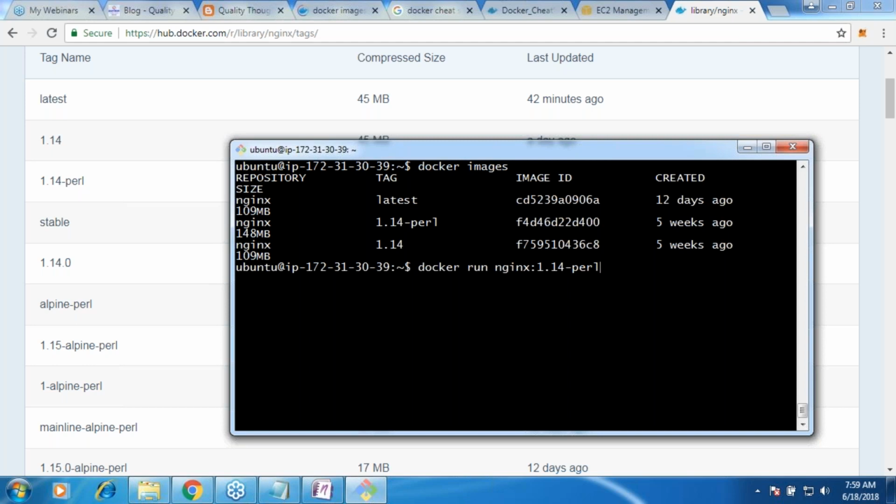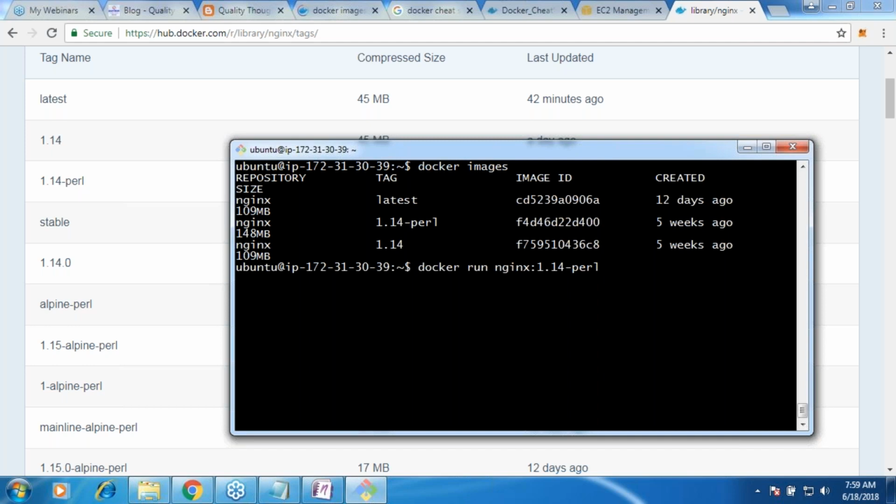Tags are much like your application versions. Are we good? Yes. So is there a purpose for that version now? And how do you specify version? Image name colon tag. And we will be using the same stuff while we are running the container and while we are dealing with images also.